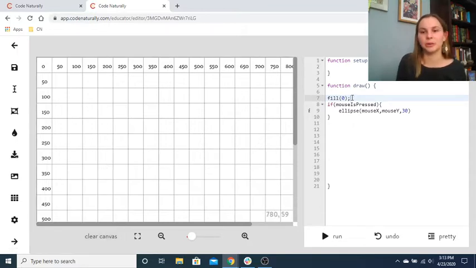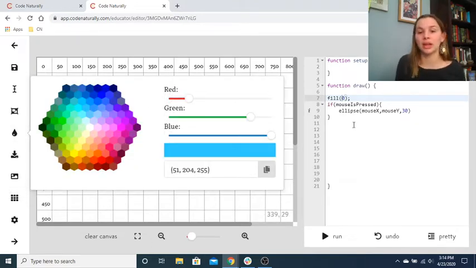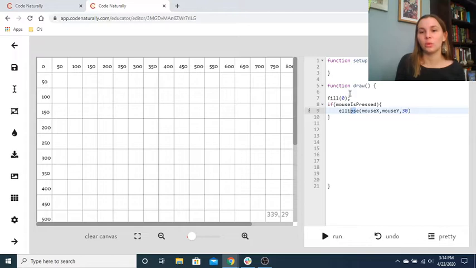All right, so same way that we did before, you could change this fill command to be really cool. You could change it so that it is one color all the time, or you can change it based on like the mouse's X and Y location. In this case, it's going to be